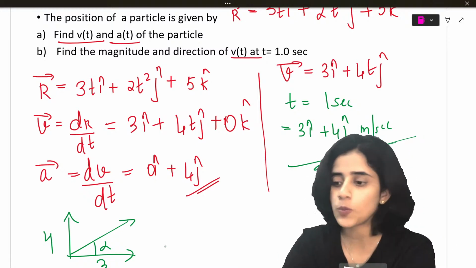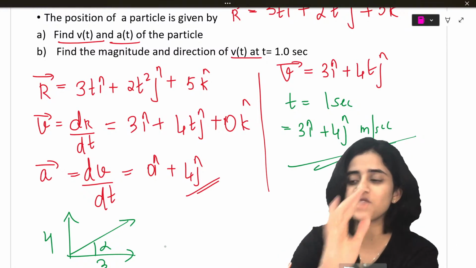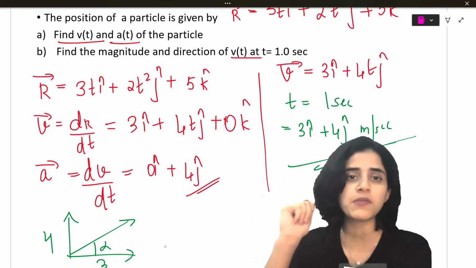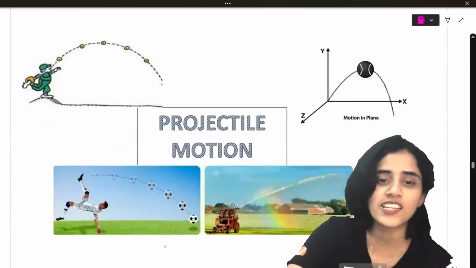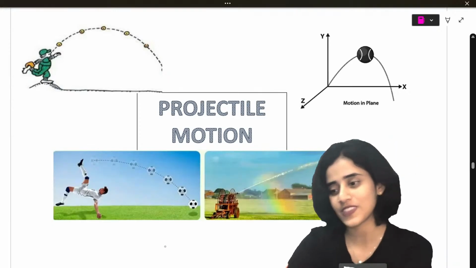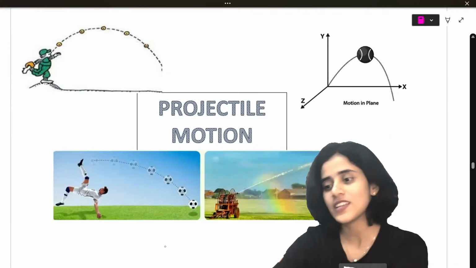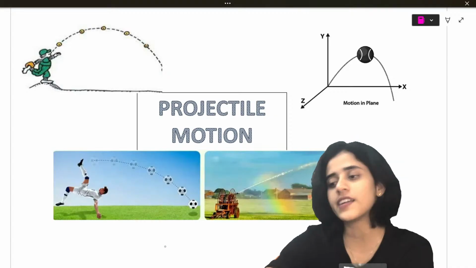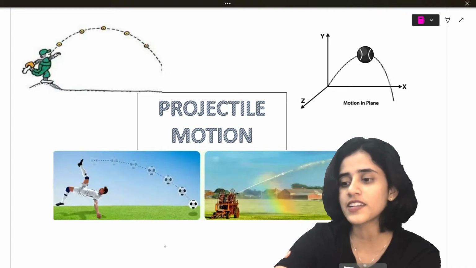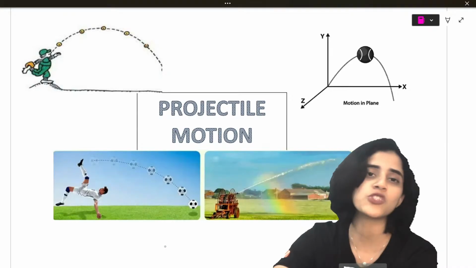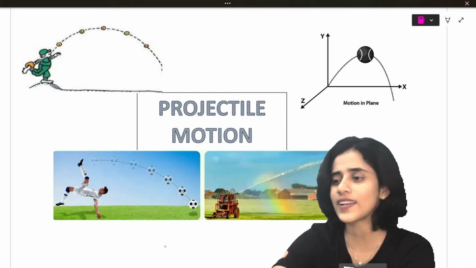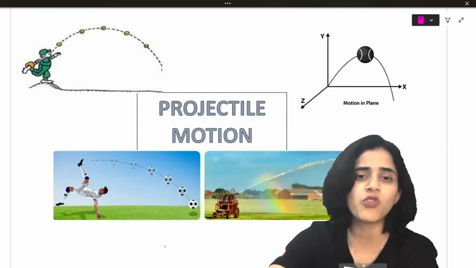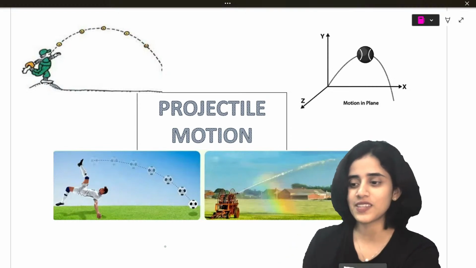Yeah. Superb. Now with this, we are going to start with the very famous, the most important topic, projectile motion. This is one thing that is very confusing to all of you, but it's very important. Are you all ready to learn projectile motion? All those who are ready, put some fire emojis in the chat. Quickly. Let the chat be full of fire emojis.